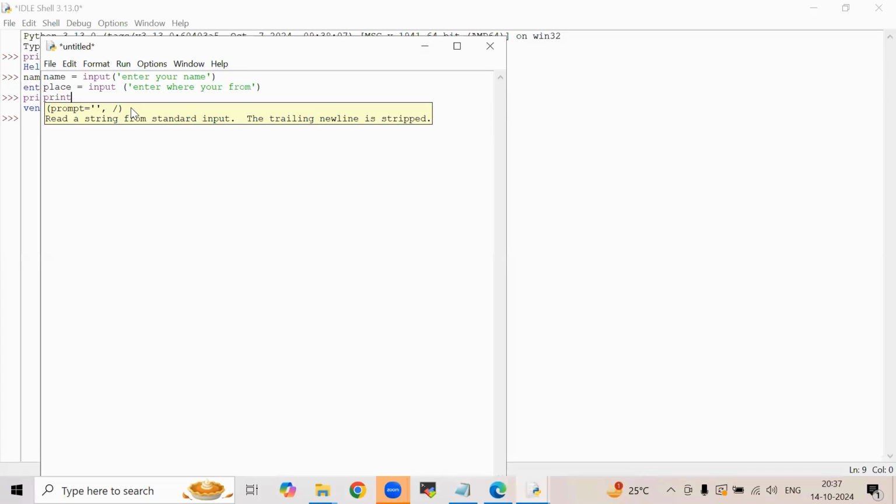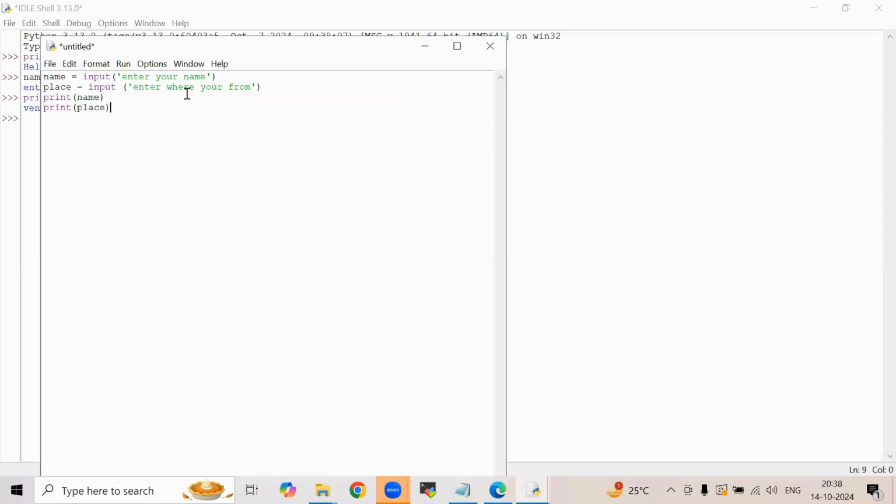And then you can print, print name. Sorry, whenever you are using a variable, you should not use quotes. Name, and you can print the place.